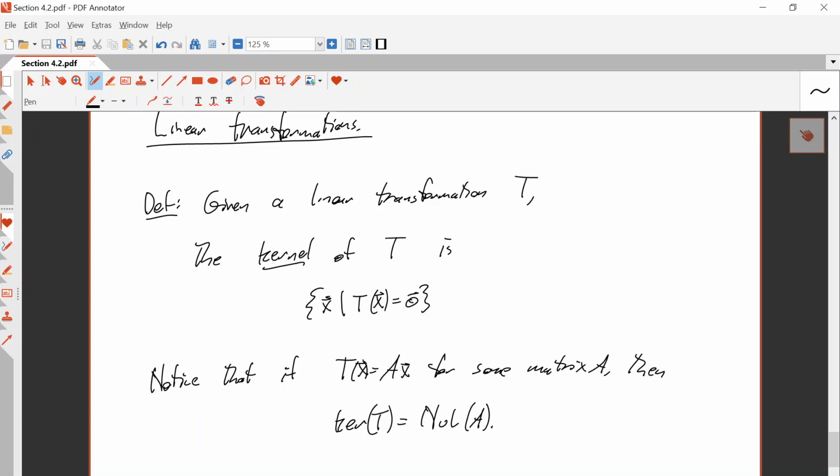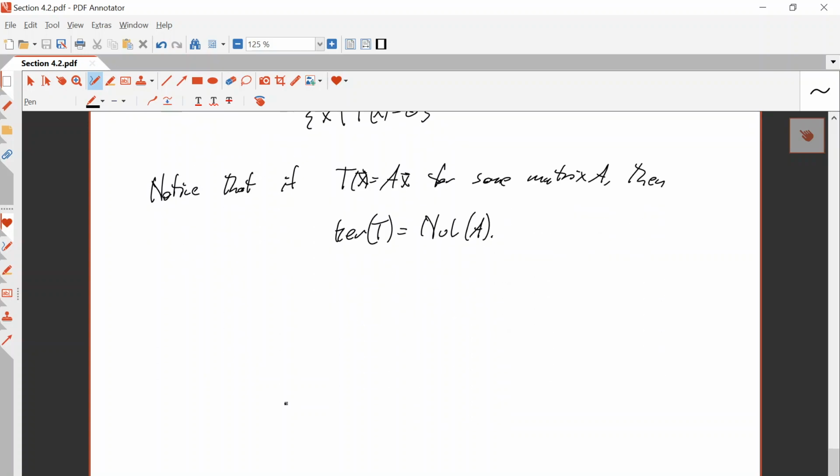The dimension of this vector space of all functions is infinite, so you don't really have a matrix. So this idea of a kernel really is different than the null space of A. But we don't really deal with that in this course. That's something more for a graduate level course in mathematics. So really the kernel of a linear transformation is just the same as the null space of a matrix, because we're only dealing with finite dimensional